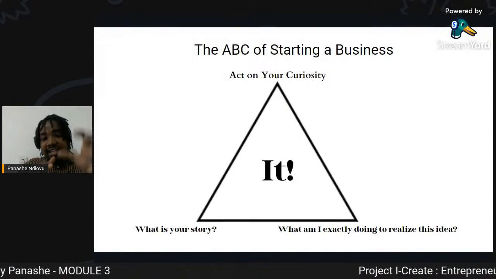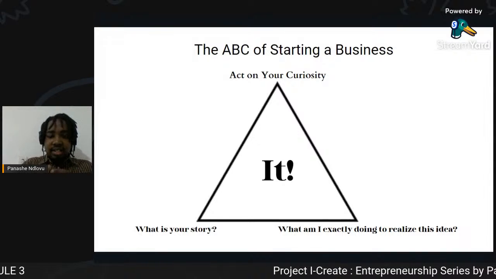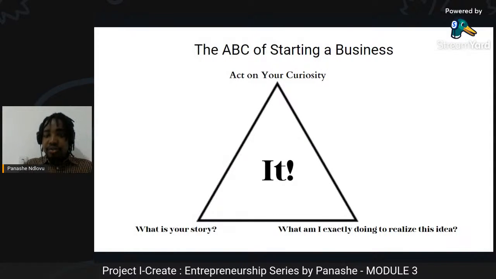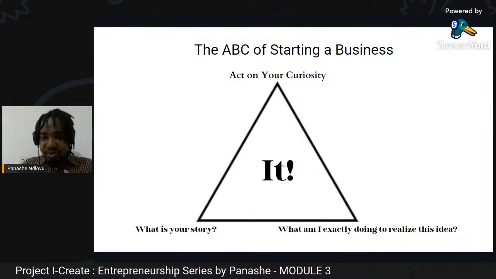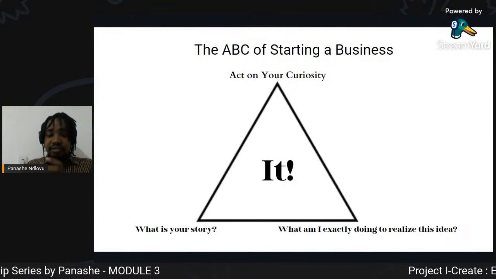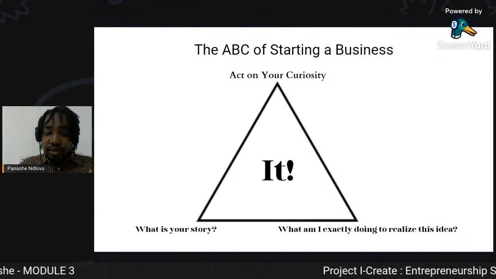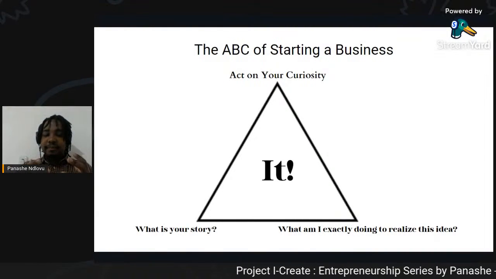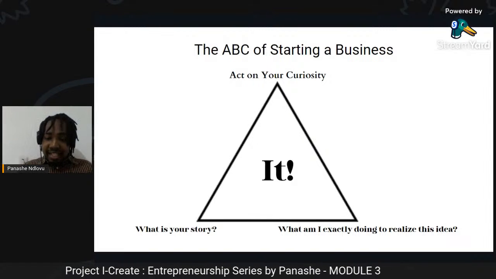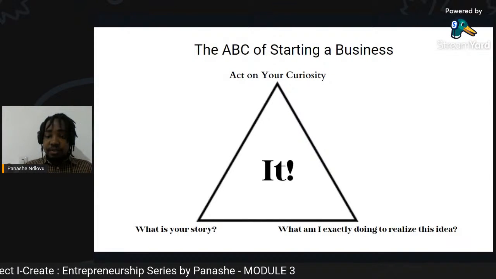So does the idea that you would like to pursue get you excited? Does it stimulate your interest, right? And so this is probably an indicator that this business is definitely going to happen because it is started for the right reasons. So here's another thought. I have so many ideas that I would like to pursue, right?